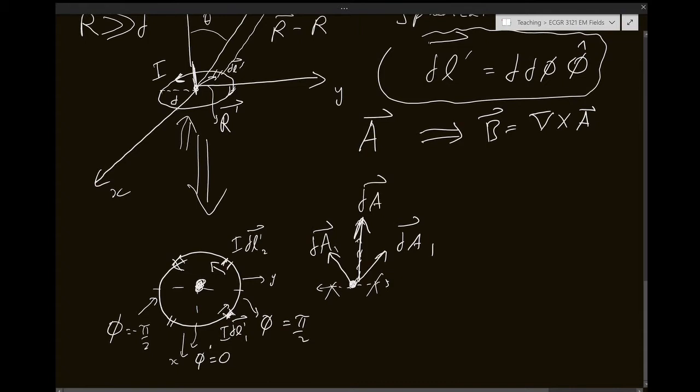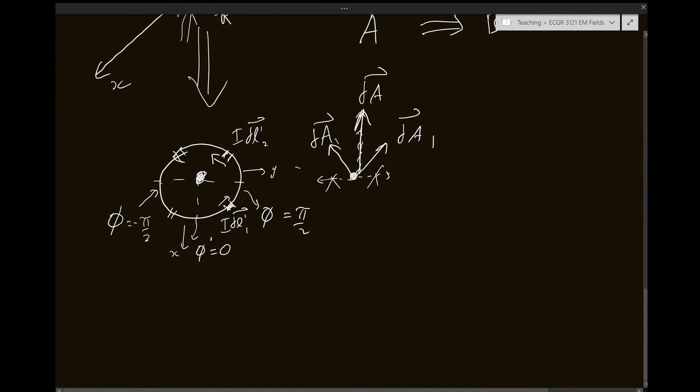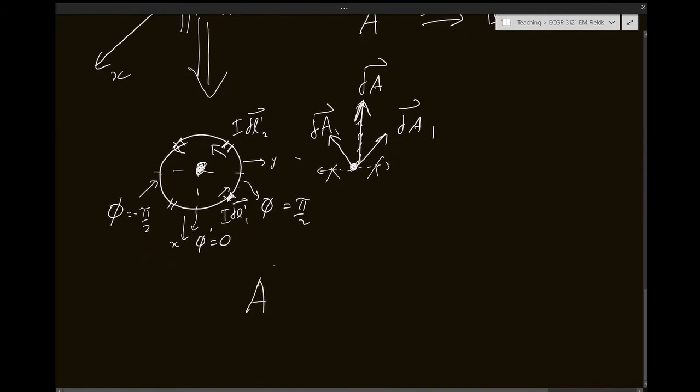And all we need to do, we don't need to integrate across the whole loop. All we have to do is integrate over half the loop, right? And then multiply by 2 to get the effect of summing up two components, right? So this lets me write A, this,